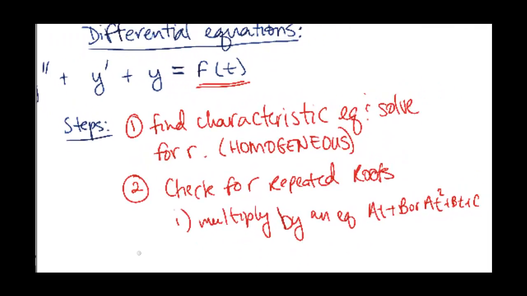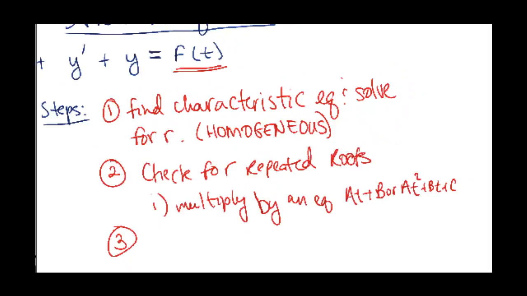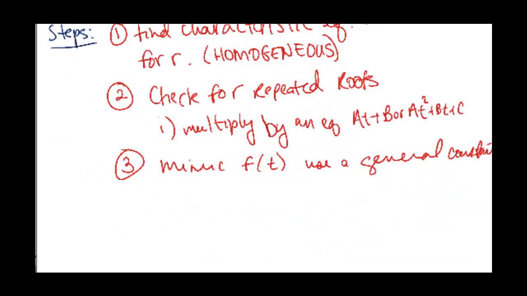But if it's not a repeated root, then what you do is you come up with a general particular solution in which you don't use the coefficients, but you mimic the pattern of f(t). So mimic f(t), but use a general constant. Okay, so what do I mean by that? I mean, for instance, if your f(t)